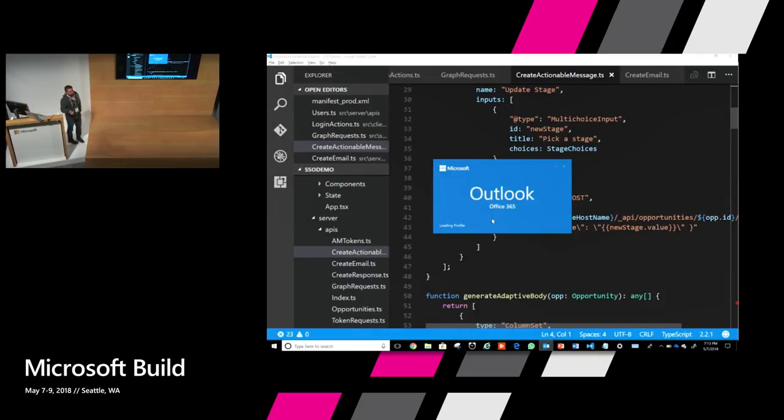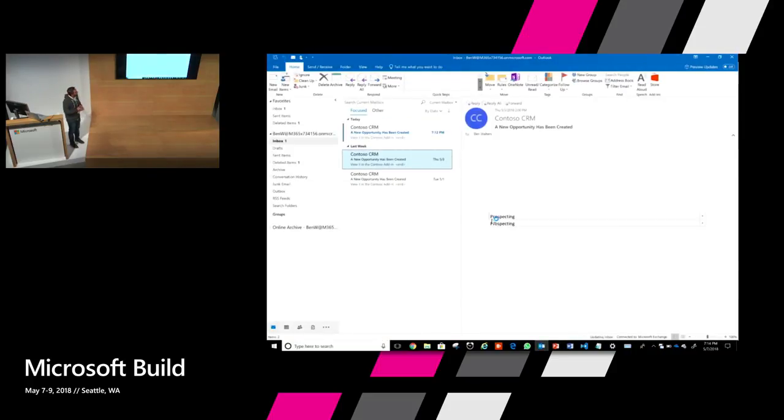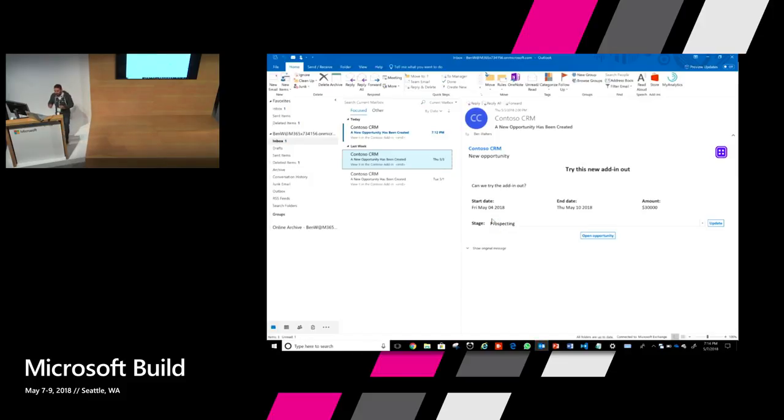Ben is a sales executive on Lydia's team. Ben is new to the company, so he does not know which CRM system the company uses. And he will receive this notification from Lydia. Sorry, the internet is slow, but as the profile loads, we will see that a notification from Lydia has arrived in the inbox. On top of that, you will see the mail itself is not just plain HTML. It is very nicely formatted.